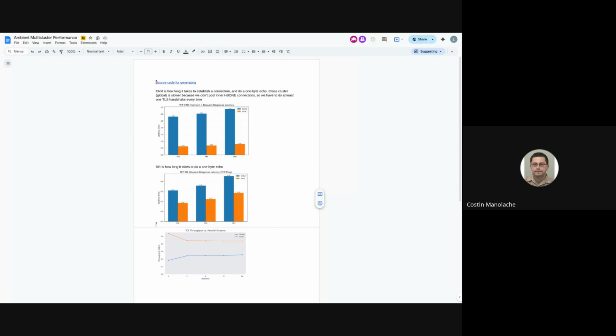Is it global in the same region at least, or what do you mean by global? Global just means crossing clusters. It's all within one computer, a single region. It's not going across regions, because I didn't want to have the actual cross-region time. Good, got it. So it's basically two kind clusters in your VM, and you're doing multi-cluster traffic between the two kind clusters. Yes, that's correct. Okay.